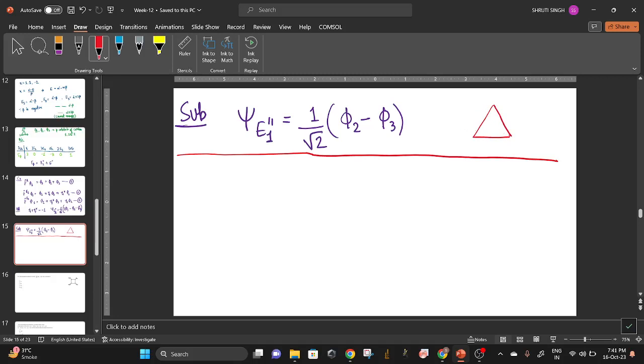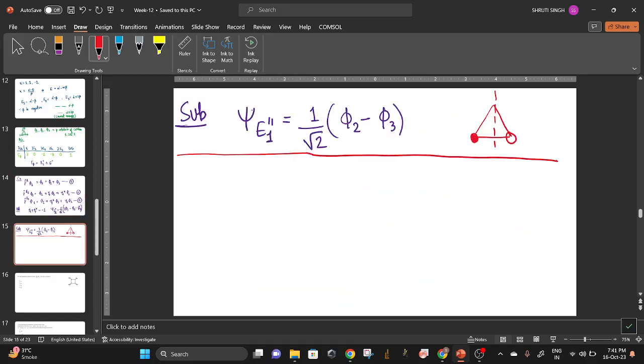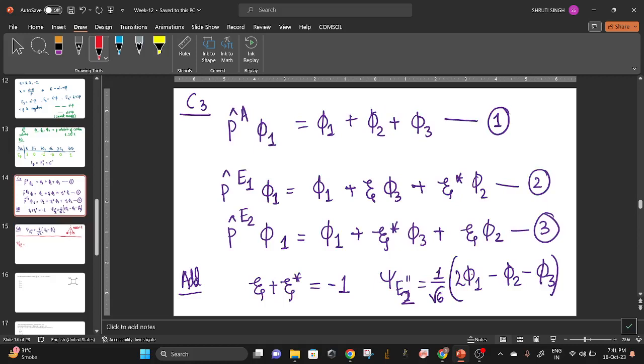So psi 2 is positive, there is nothing at psi 1, psi 3 is negative, and there is one node here. Number of nodes equals 1. Now for psi e2 double dash, this combination we have, this is positive, these two are negative,